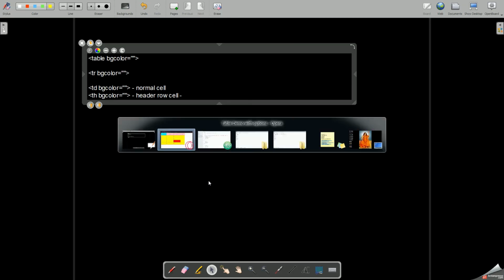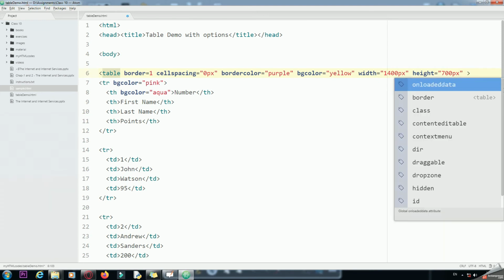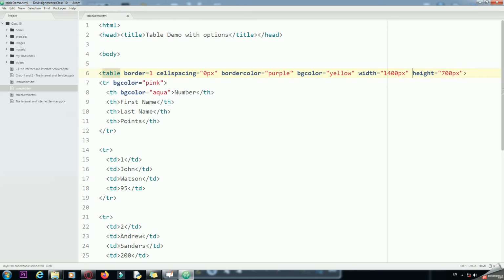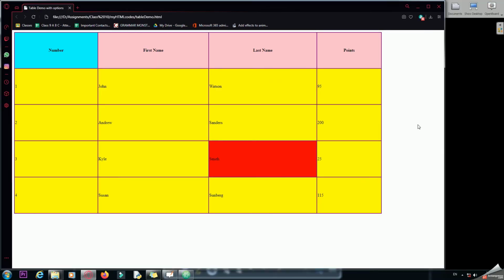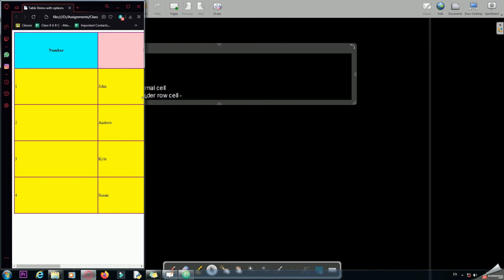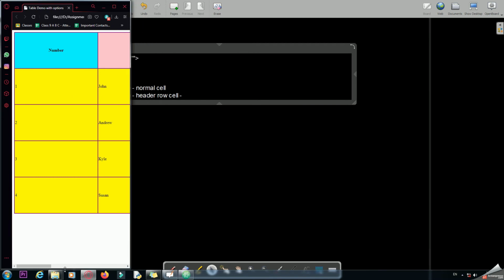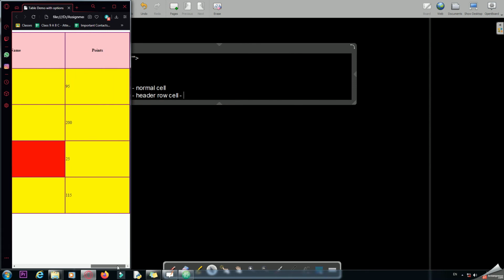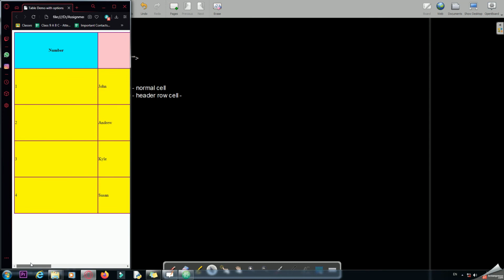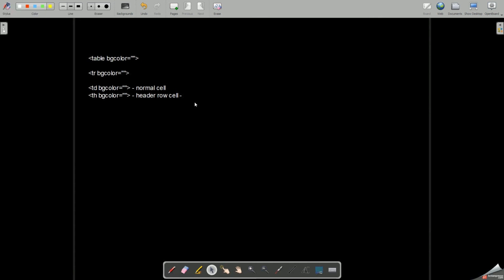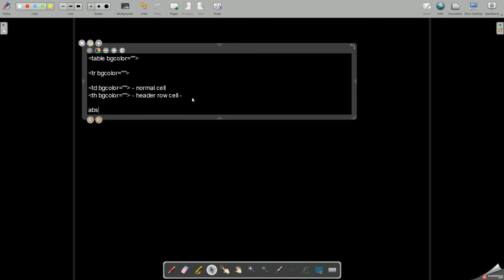Now this is not responsive because we have provided absolute values over here. If you want to make it responsive, you have to make use of percentage. You can see over here right now that because the values were given in pixels, even if I try to increase or decrease the height, it provides me with a scroll bar, but the original size of the table doesn't change because I have provided absolute values there. Absolute values means values won't change.